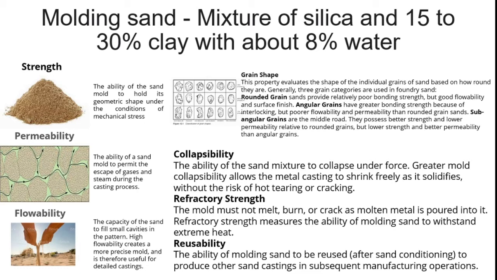And also we should consider the cohesiveness and adhesiveness of molding sand. Adhesiveness is the sticking property between the pattern and molding sand. Through adhesiveness we can improve the adhesive properties between the molding box side wall and the molding sand, and cohesiveness improves the bonding strength of sand particles with each other, so the cohesiveness and adhesiveness properties are also important in molding sand properties.